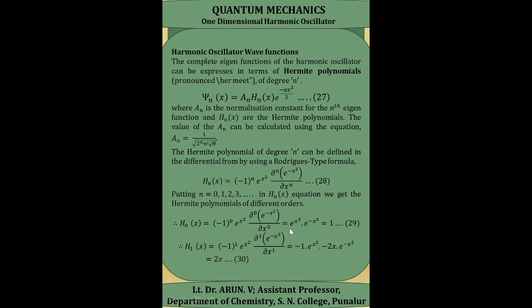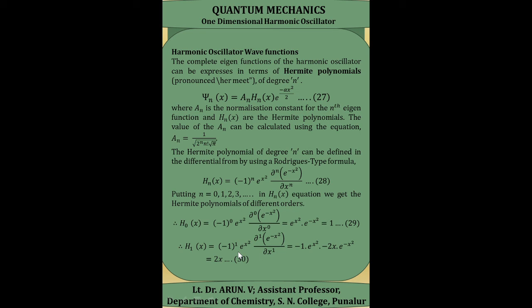By substituting the value of n equal to 0, we can write H0(x) equal to minus 1 raised to n, that is minus 1 raised to 0, into e raised to x square into dou 0 by dou x raised to 0 into e raised to minus x square. That will become e raised to x square into e raised to minus x square, and the final value is equal to 1. Then if we put the value of n equal to 1,